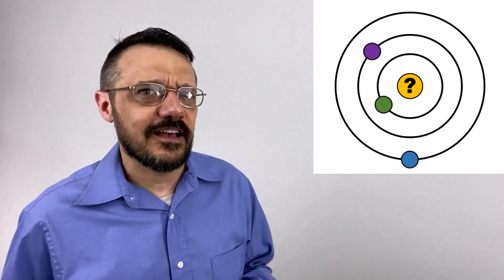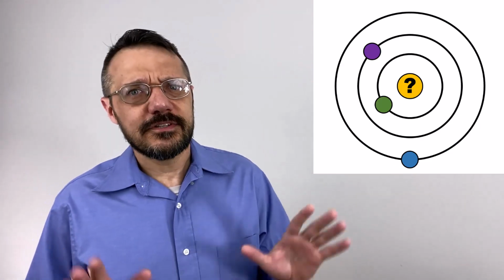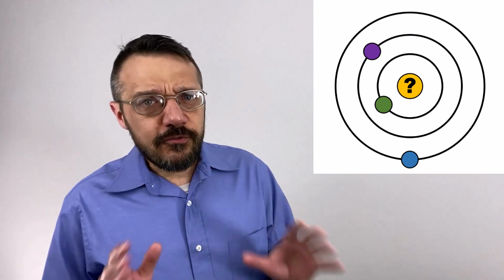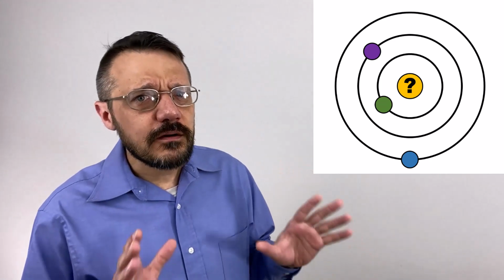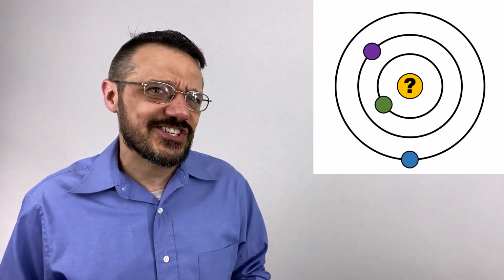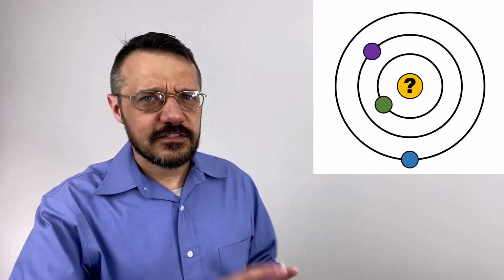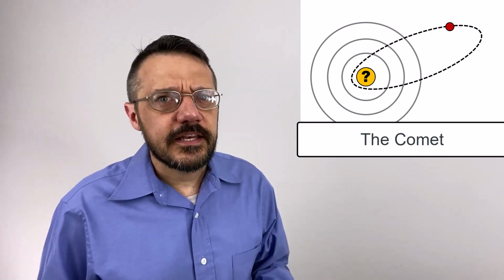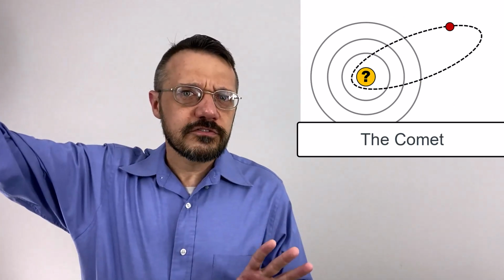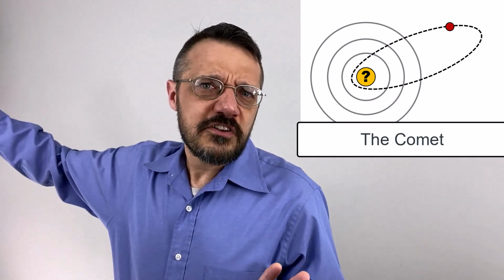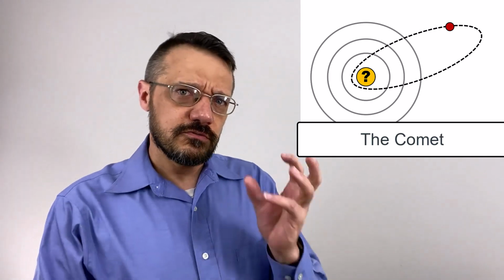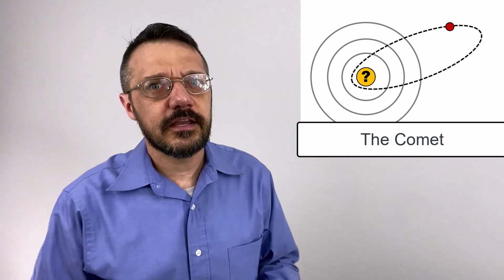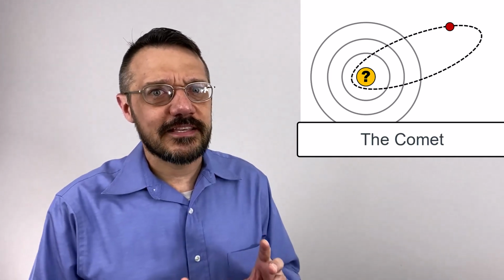So if you don't get assigned where you want to be, don't despair. You might learn something about yourself that you didn't expect. Before I wrap this up, I want to show you one more analytical organization that fits into this celestial model. I call this the comet because it comes from outside the orbital system. It approaches very close to that central decision maker, often closer than the inner ring, and then in most cases